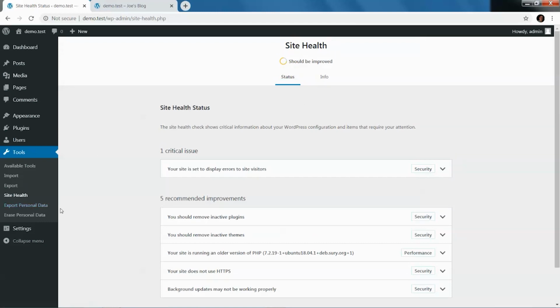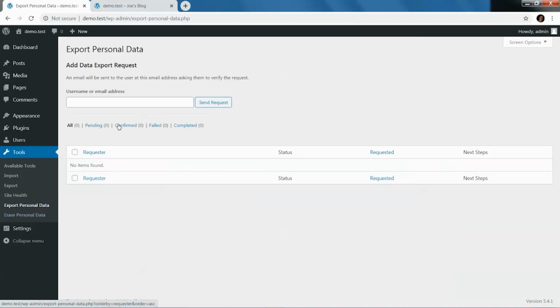Because of some of the stuff in the UK, some of the personal privacy things, there is the ability to export personal data and erase personal data. So someone could actually, if they were a subscriber, come in here and say, put in my email address or my username, I send a request to get an export of my personal data, and then ask for my personal data to be erased. And that way, if I decided I wanted to break all ties with that website, I could get all of my stuff back.